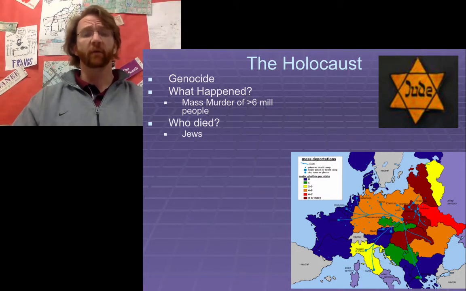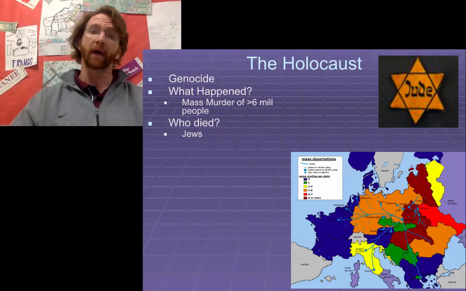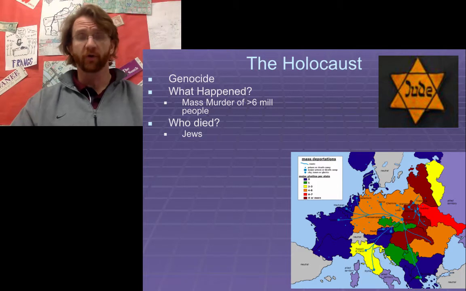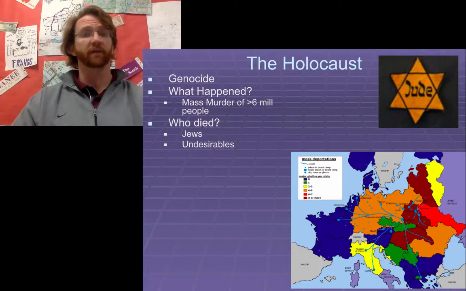People of Jewish faith. As you'll remember, we've talked about the Jewish diaspora and the spreading out of Jewish people all throughout the world following the destruction of Solomon's temple. Well, the Nazis took this as the Jewish people being a plague on society. The Jews were dragging people down. And the Nazis, in their worldview, Hitler put it out that they were the ones to blame often for what had happened to Germany. And it wasn't just them, it was also other undesirables.